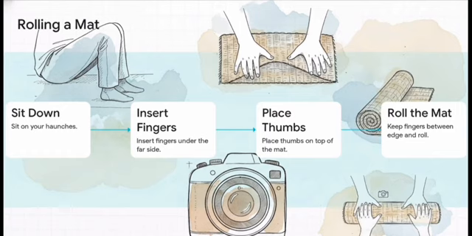Take a look at these steps for a classic Montessori practical life exercise, which is rolling a working mat. It requires really specific coordinated movements. Sitting on the haunches, inserting fingers 1/3 from the edge, placing thumbs on top, and rolling. Now, if you film this with a standard wide shot from way across the room, a mobile viewer isn't going